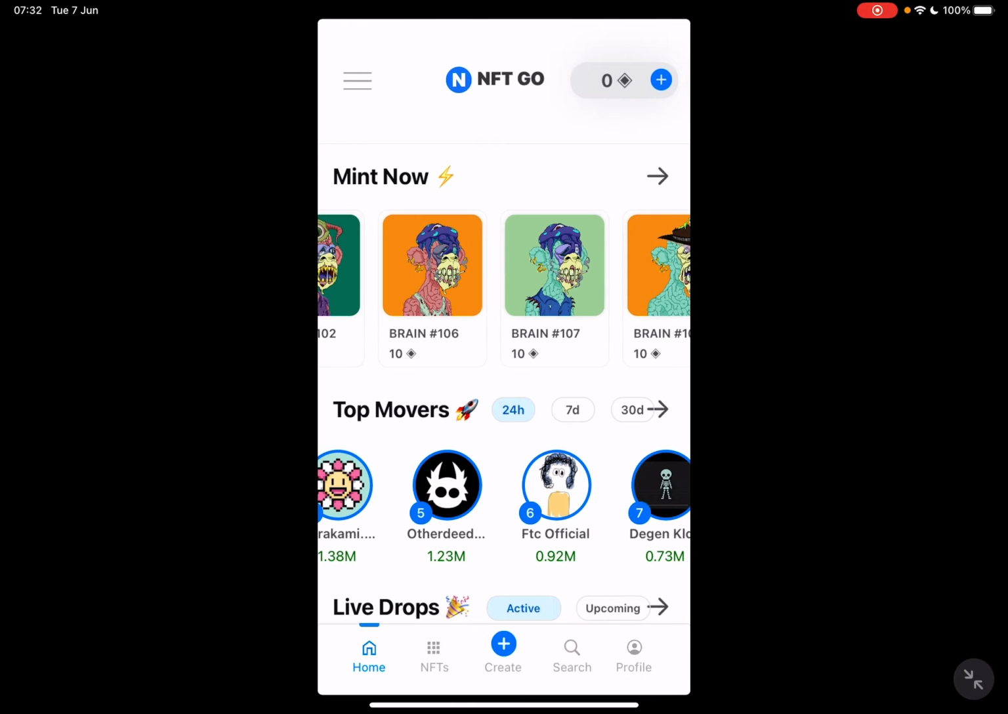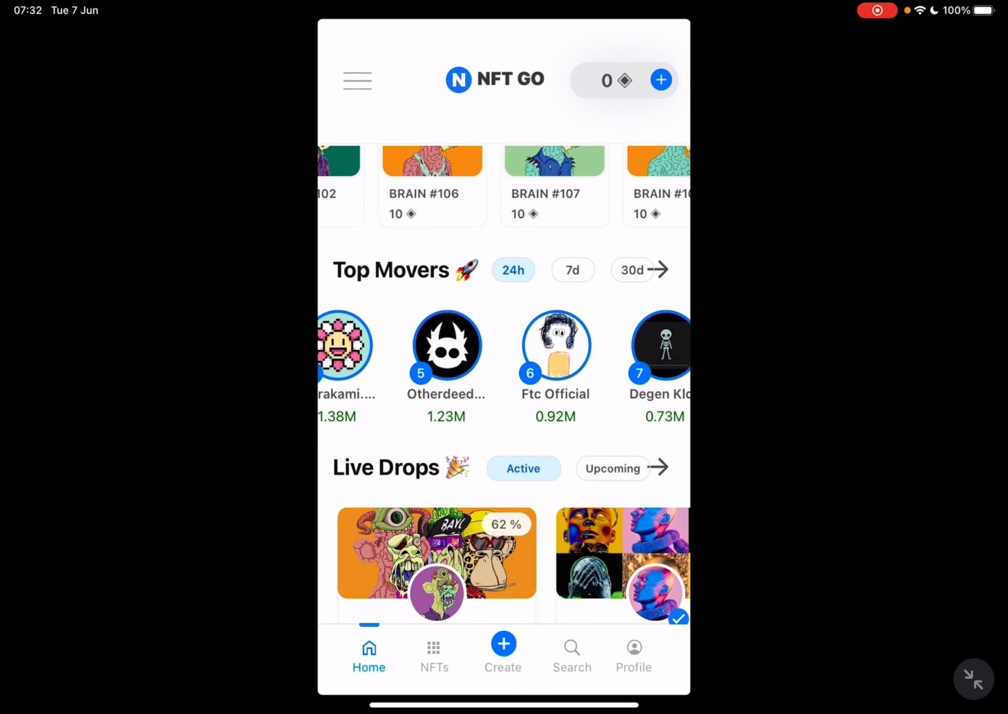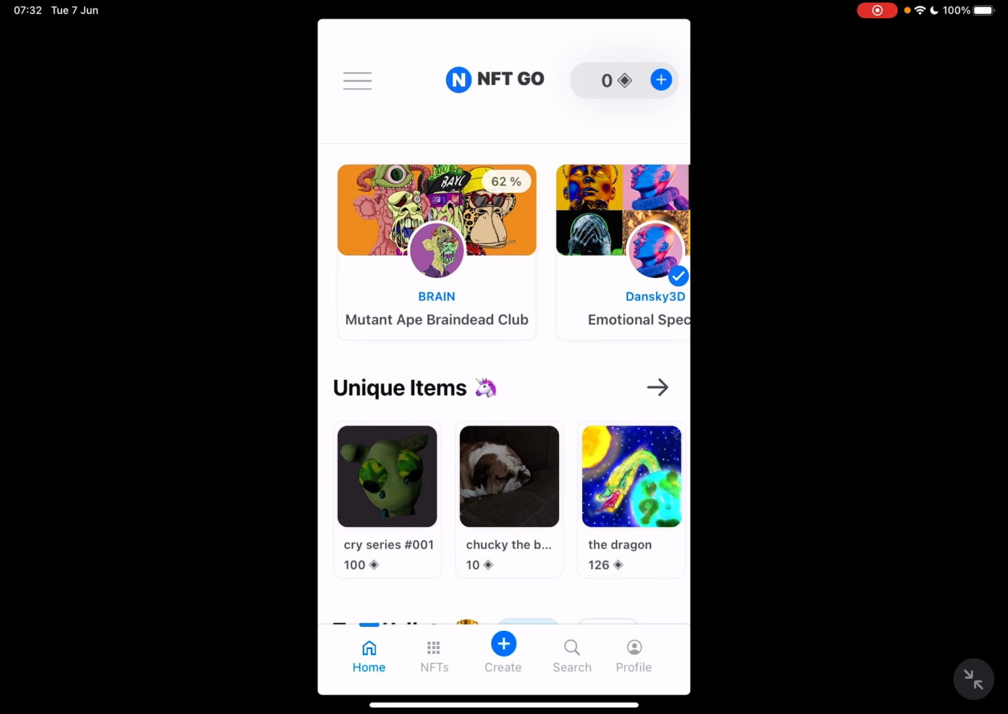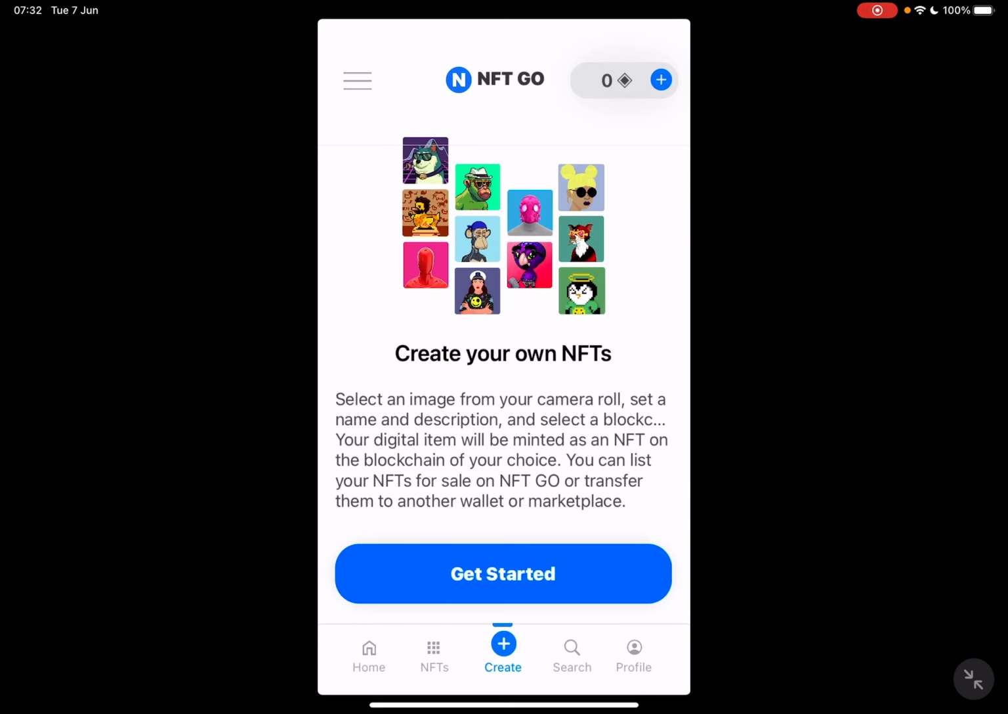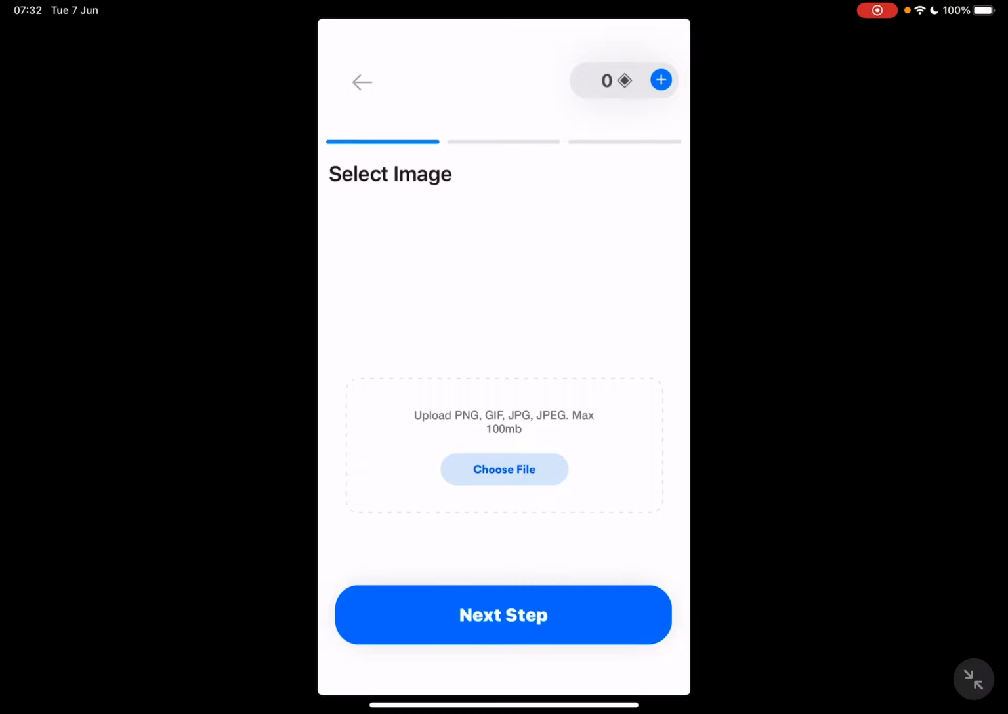First, to mint NFTs, you have to download the NFT Go app, create a wallet or connect one of your already existing wallets, and then you just have to tap on create at the bottom of the screen. Then you will receive this message about minting NFTs, a few introductory sentences. Then the first step